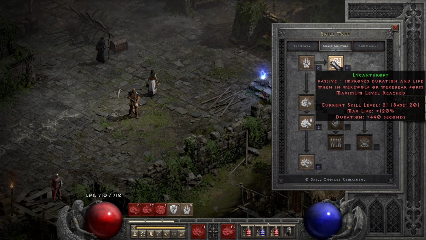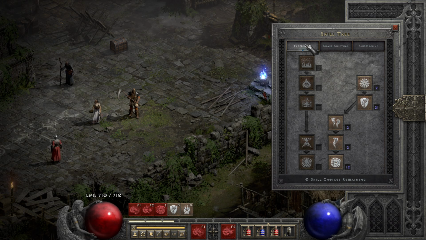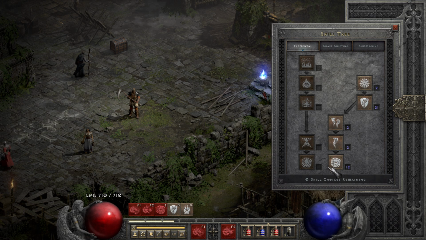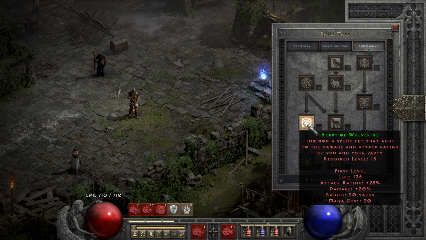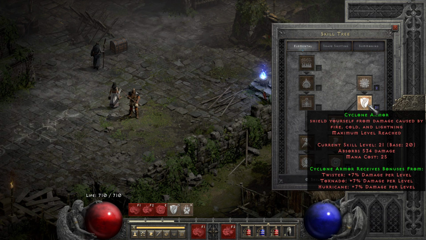Put in 20 into Werewolf, 20 into Lycanthropy, 20 into Fury, and then I decided to put in 20 into Cyclone Armor to be more safe, to absorb damage, and the rest of my points into Hurricane to freeze the enemies around me. But you can also go into Summoning and put points into Grizzly, put points into Heart of Wolverine. I just felt like for what we want to do, going to Travincal, these summons don't really survive much. So that's why I want to have more survivability, and that's why I am going with Cyclone Armor